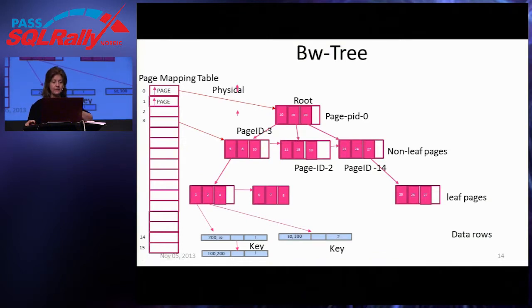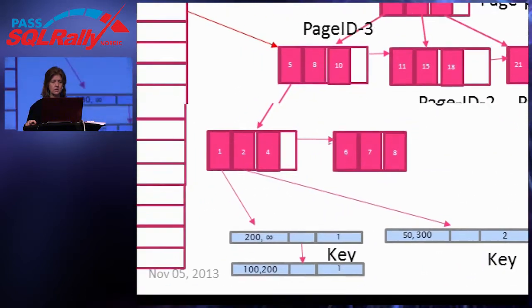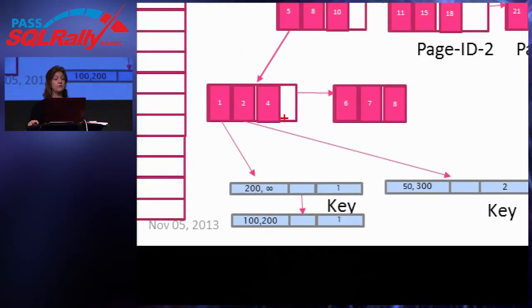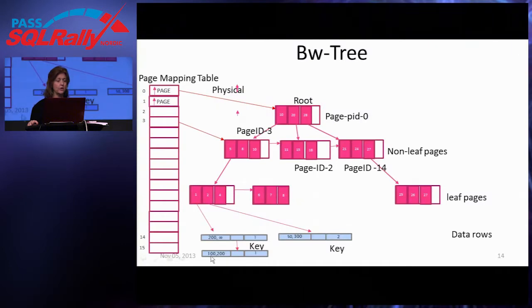So the leaf level on the leftmost page has the 1, 2, and 4 as existing key values. If there's duplicates, here's where we have the chains. So the value 1, there are actually 2 rows that have a 1, and here is where they're linked together. The 2, there's just 1 row for 2, and I'm not showing you the 4, and then the 6, 7, and 8 because the slide's getting too full already.